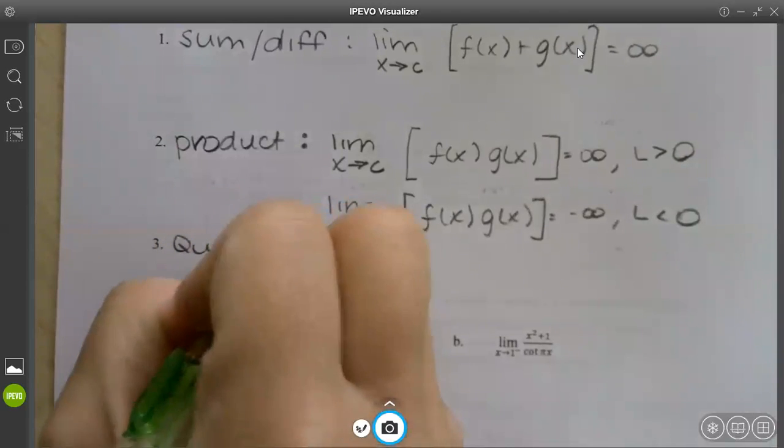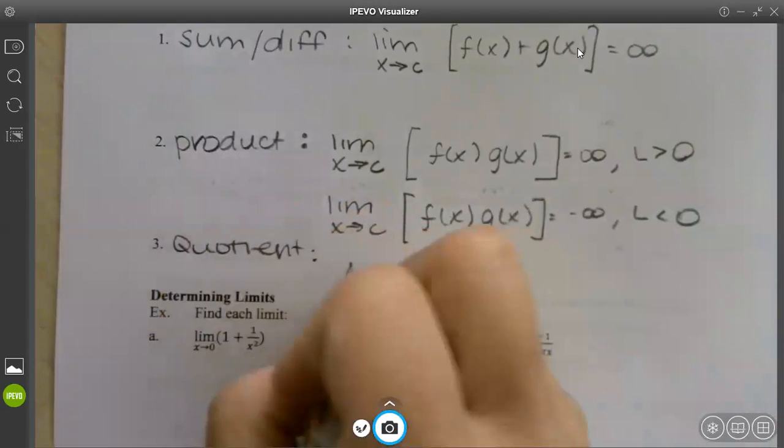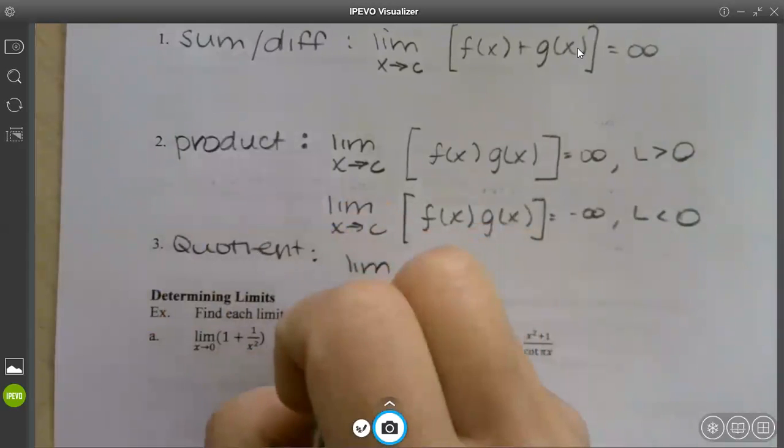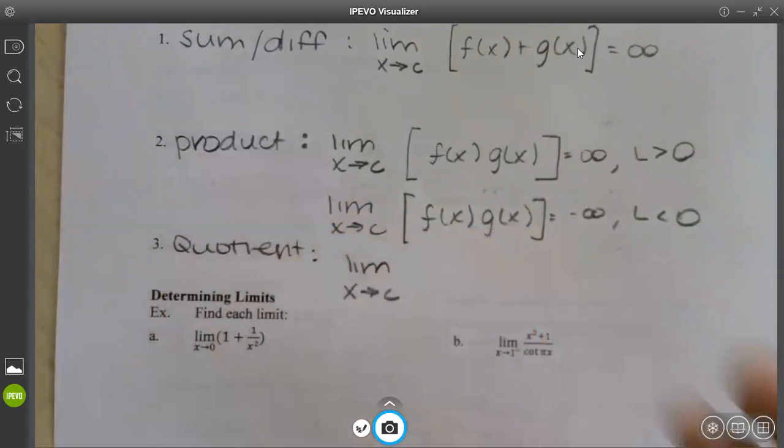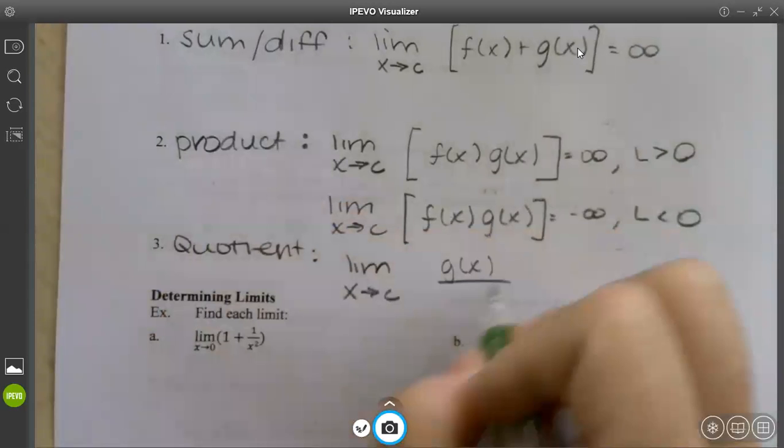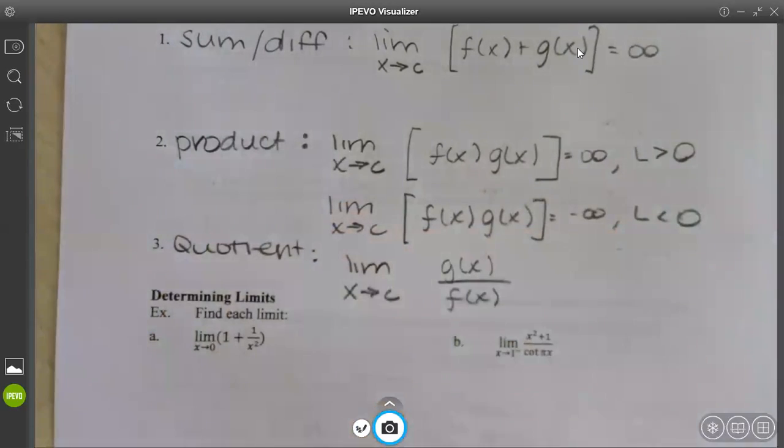And then the last one is the quotient, where the limit as x approaches c of g of x over f of x